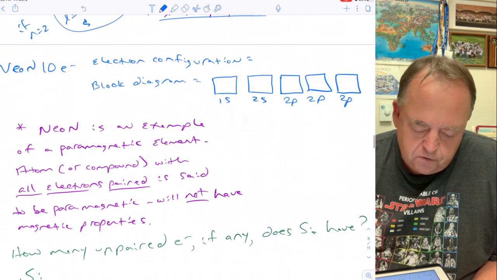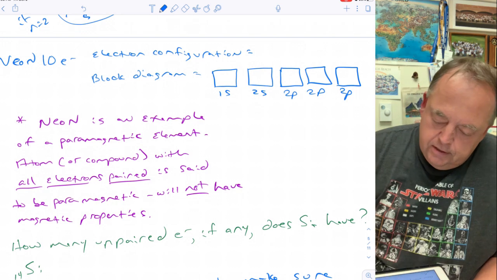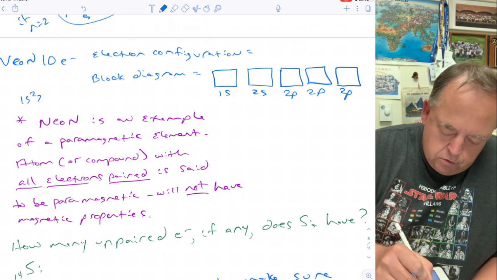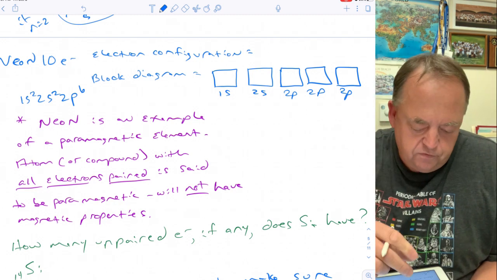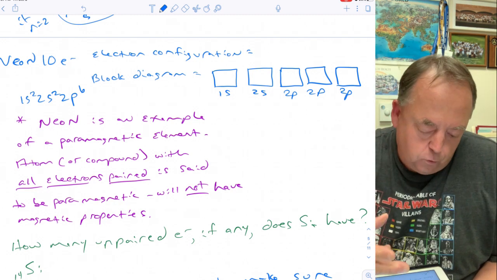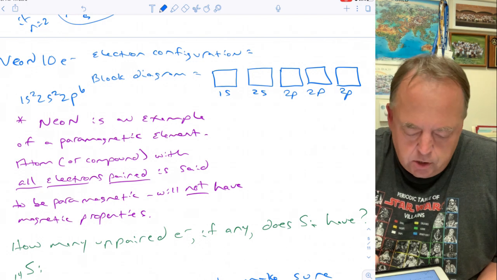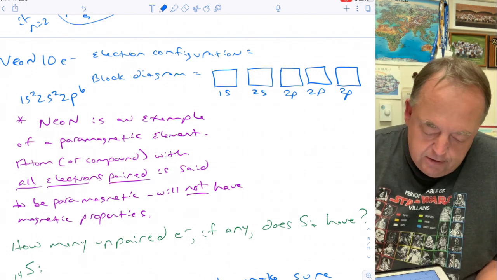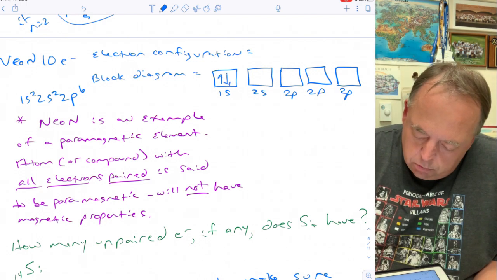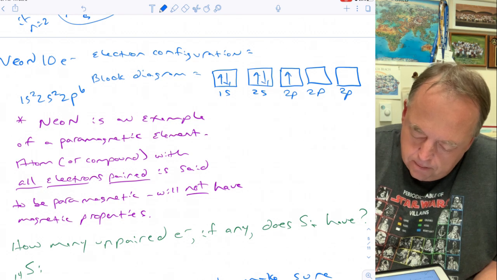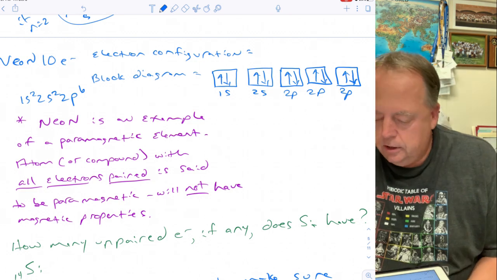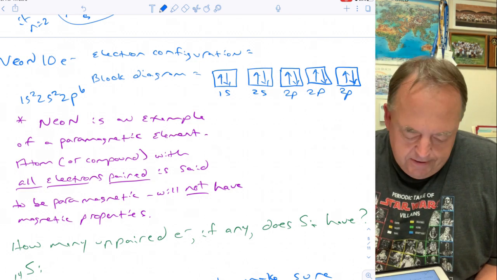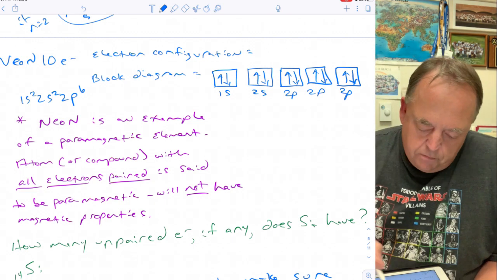Okay, so if we did this for neon with 10 electrons, so neon would be 1s2, 2s2, 2p6. So fill the 1s, fill the 2s. That gives you 4 electrons. You need 10, so 6 to go, and the 2p can hold 6. So that would be, if you drew the block diagram, 6 electrons in the p subshell, so they each need to be paired. So neon would be an example of a